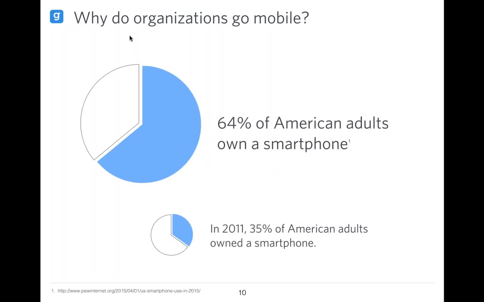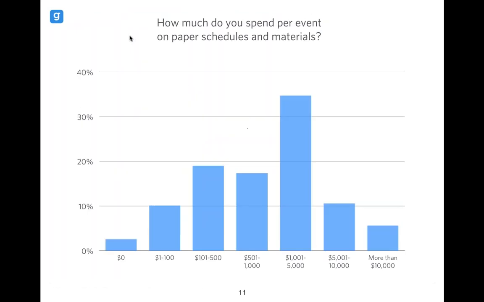64% of American adults own a smartphone. It's up 30% in the past 5 years. I think this is probably not a surprise to anyone. And Guidebook actually did a little